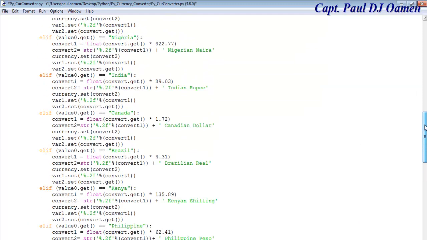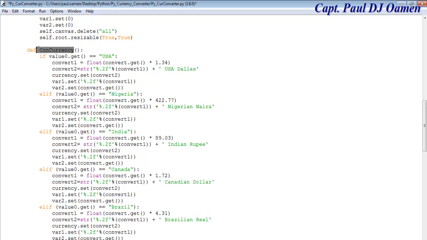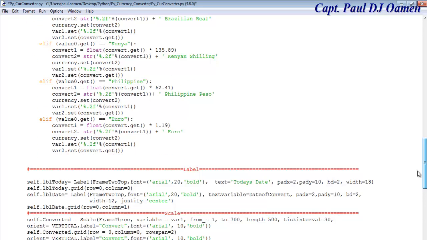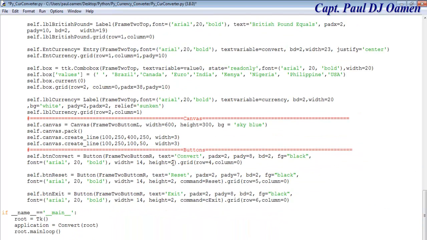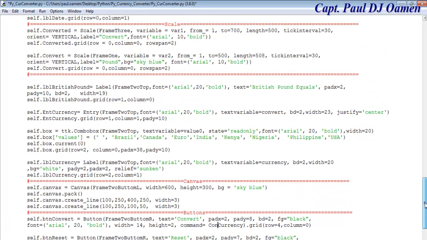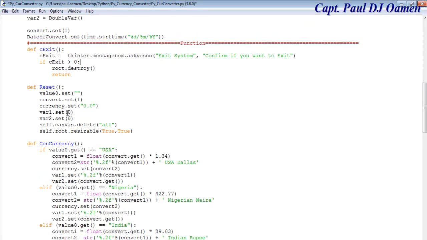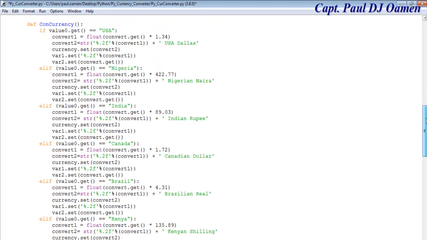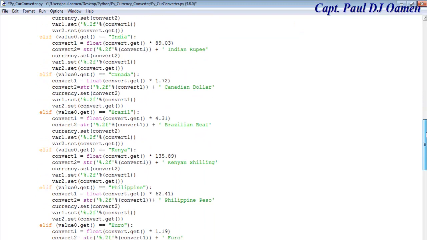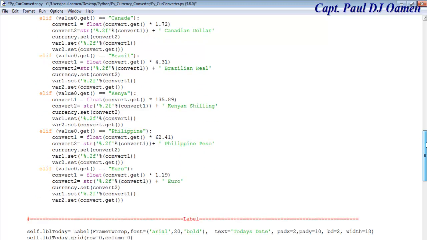Now let's come right down here so that you can see it. Okay, I will now call this various function here. Let's come right down here. You see where we have this convert, the button convert, so that will be command equals that. Now that I've called the function for the exchange rate, let me go back up there. These are the lines of code for the function: exit, reset, exchange rates. We're going to need one more function, and this other function that I'm going to need would be for, let's say, the